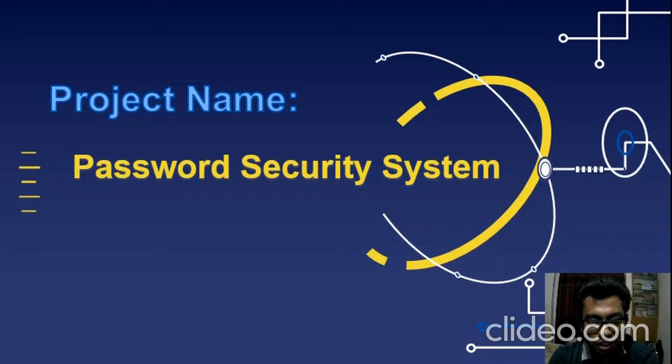We have selected the password security system as our project topic. As we all know, digital security and privacy is a quite sensitive issue. That's why we came up with the idea to create a password security system in order to secure our personal information, and we have created the project with our hard effort and tried to create the security system on the basis of our learning from the digital logic circuit course. Let's move to the next slide.